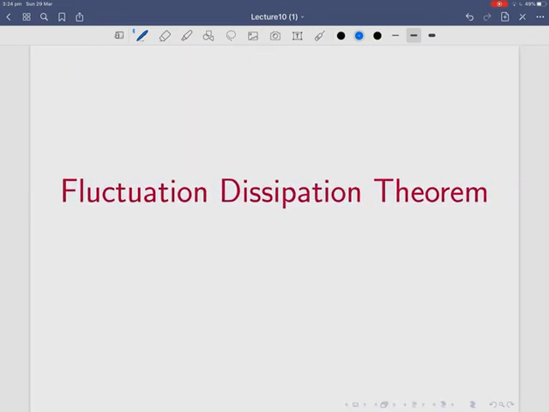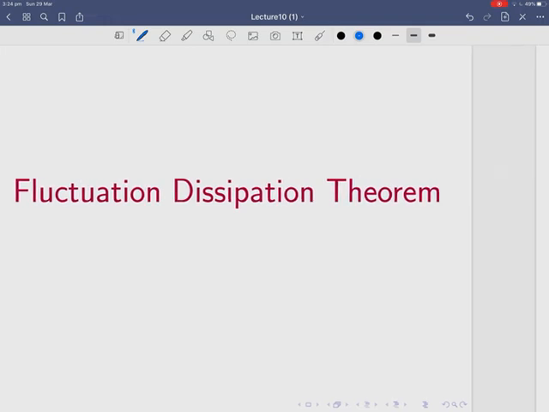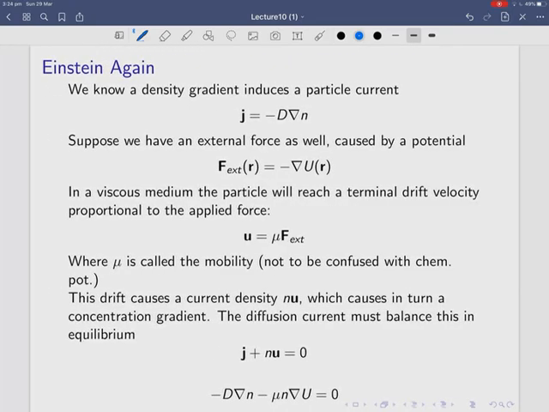Now, let's look at further work of Einstein here on what's called the Fluctuation-Dissipation Theorem. Okay, so it's Einstein again. I'm afraid Einstein is all over bits of modern physics, and it can't be helped. It's a very non-linear kind of subject. Some people contribute a lot. Okay, so we know the density gradient. If we have a density gradient, so more particles here than here, you get a current, which we've done before. There's a particle current which is proportional to the negative of the density gradient, and the proportionality constant is the diffusion constant. Okay, so we get a current flowing that way.